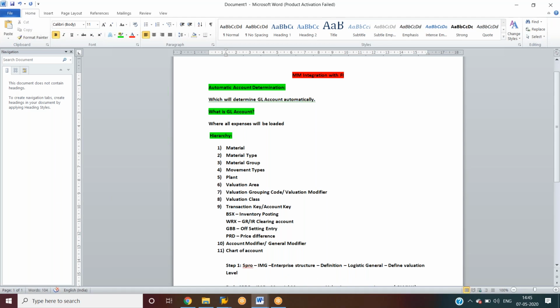To go directly to Define Valuation Level, the transaction code is OX14. The T-code is OX14.